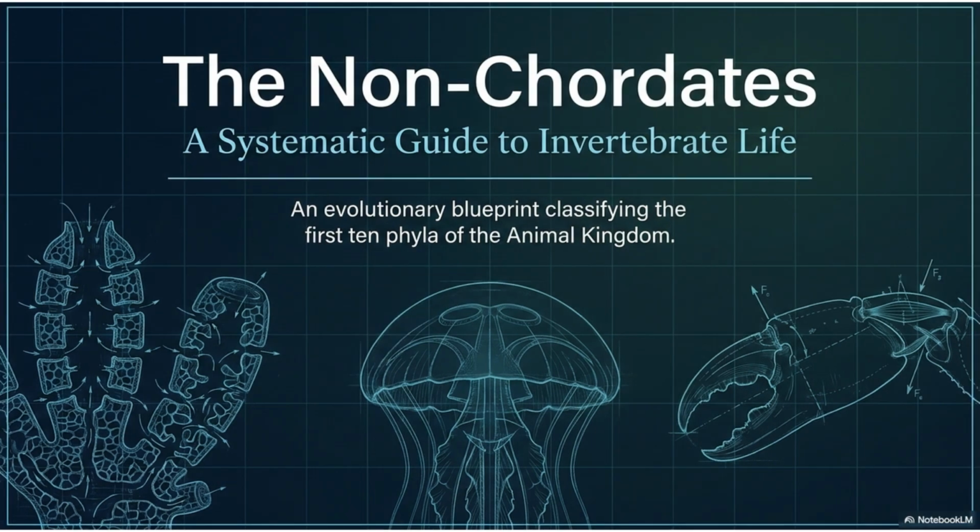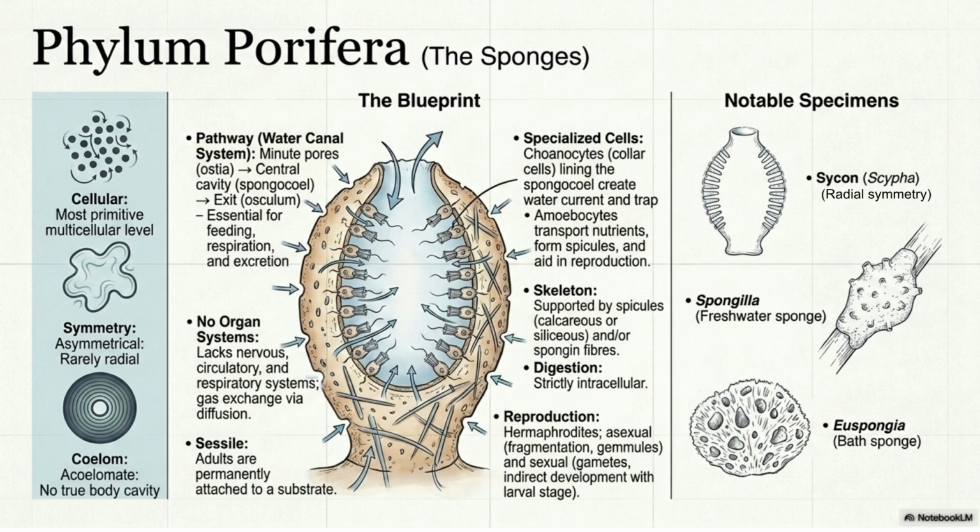Next, we delve into the non-chordates, a systematic guide to invertebrate life. This section will classify the first 10 phyla of the animal kingdom based on the evolutionary blueprint we just discussed. Phylum Porifera, the sponges, are the most primitive multicellular level, exhibiting mostly asymmetrical body, except Sycon, which is radially symmetrical